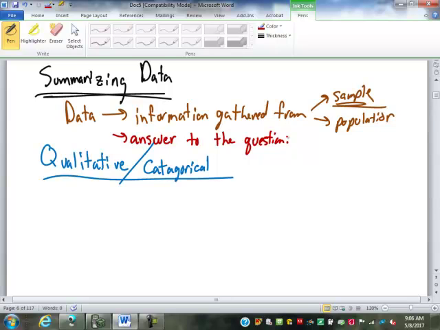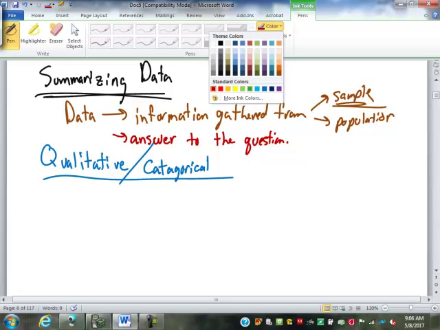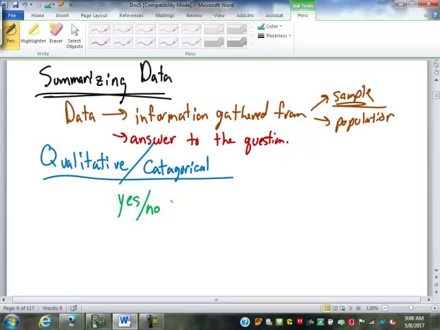Any yes or no question is going to be categorical or qualitative. You know, did you vote for this policy at the last referendum? Yes or no? That puts you in the category of voting for it or not voting for it. Do you own an SUV? Again, yes or no. Any other question where the answer is a category is qualitative or categorical. What's your favorite color? That would be categorical. It puts you into a category depending on your color. Sometimes it's easier to define qualitative or categorical as the opposite of this next one, which is quantitative